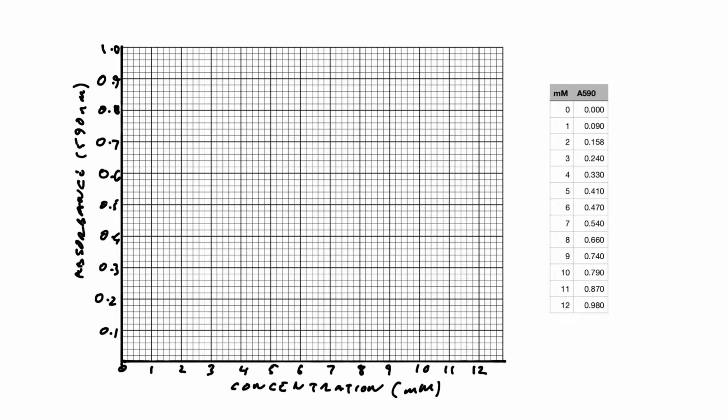The next thing we need to do is plot the data. When you're plotting data, make sure you're using a sharp pencil and make sure that you get the points in the right places. So double check that points are going in at the right places. My first point at 1 millimolar, the value is 0.09, so make sure you get the point in, and continue to do that until you've plotted all your points up the graph.